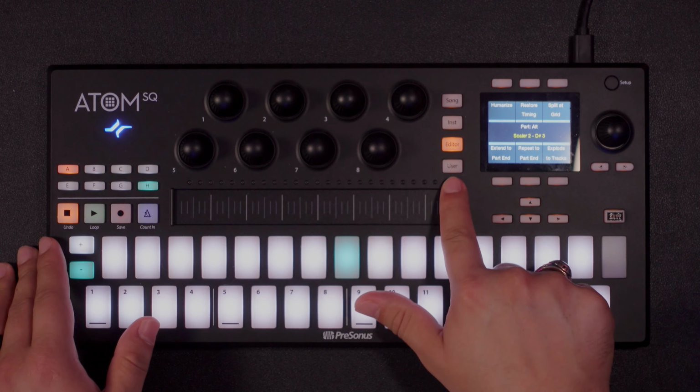Finally, the last mode here is the user mode. Now this one I won't go into detail because although there are some preset parameters and commands, you can customize these pages and buttons to do basically whatever you want within Studio One. Now this mode here is probably the best way to make Studio One specific to you and to speed up your workflow. Now what I will show you though is how to change those parameters, and to do that you